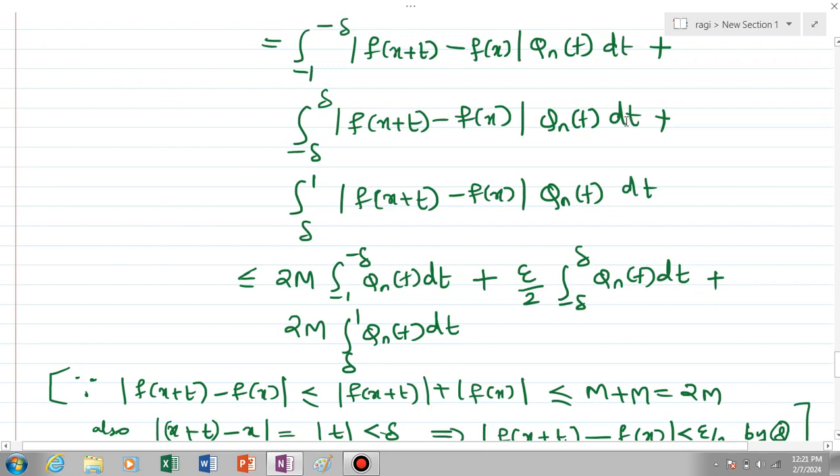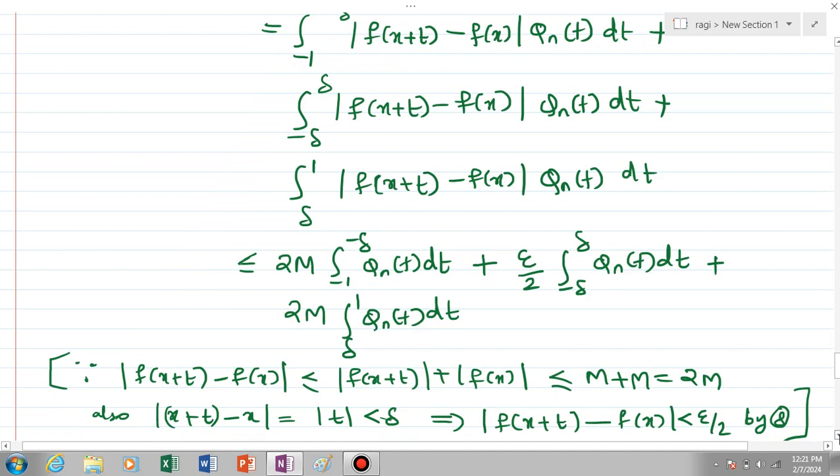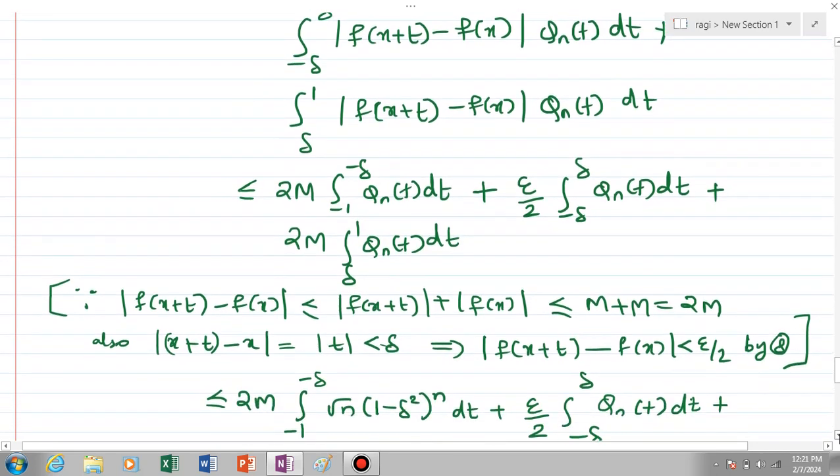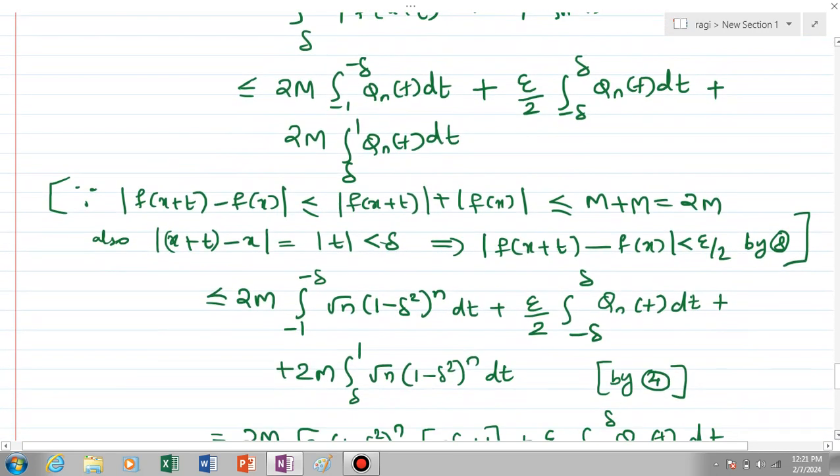the running variable t runs over the interval minus delta to delta, so we are checking x plus t. The modulus difference of x plus t and x, that is modulus of x plus t minus x, is equal to modulus of t, which is less than delta in the second integral. This implies the modulus difference of the images of these points is less than epsilon by 2 by equation number 8, that is, by the uniform continuity definition. Okay, so this is applied in the second integral,